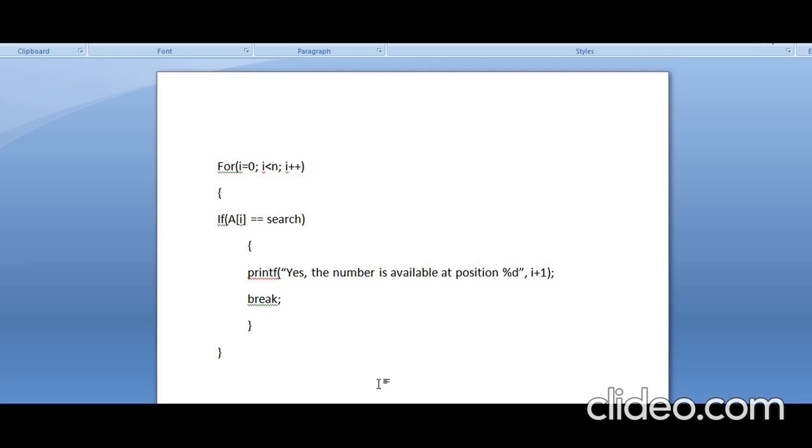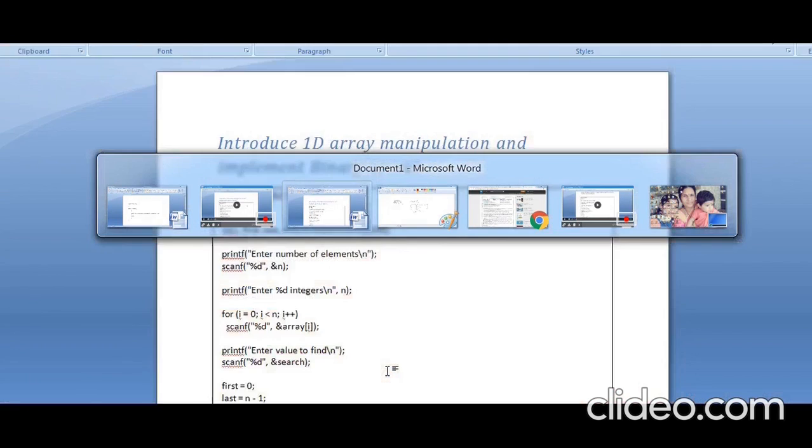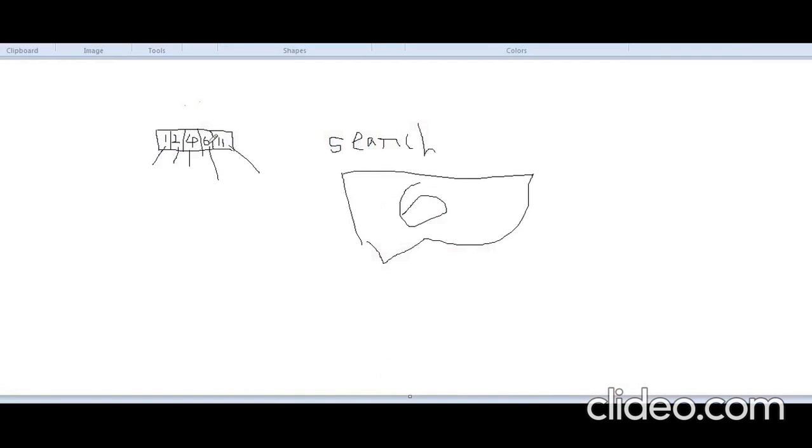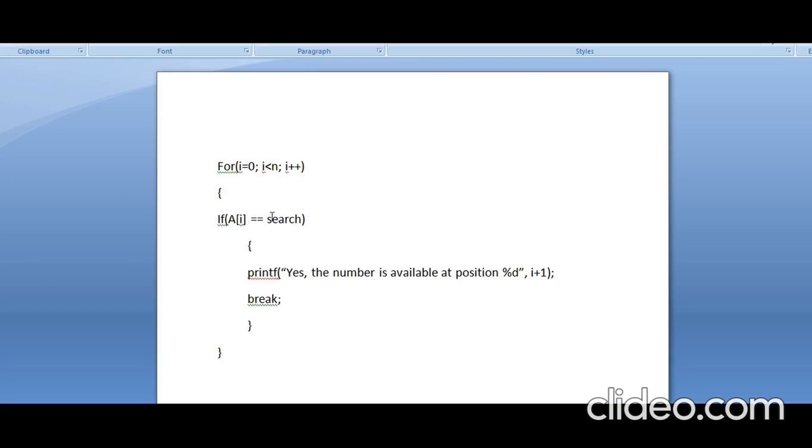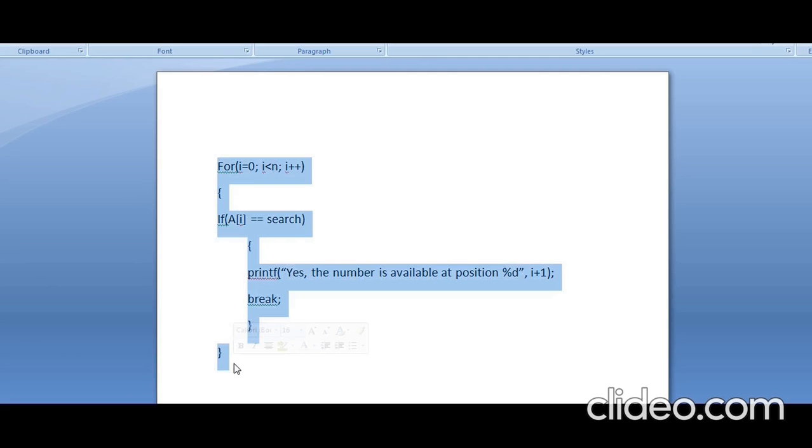And here, once we find the number, do I need to check further? Let me take you back to the previous program where we have discussed. Here I was searching for 6, and I have found the 6 successfully. Now do I need to compare further whether it is 6? Definitely not. Because once I got the 6, I can directly say okay, 6 is available. No need to compare with the further numbers. So simply I am applying the break statement. This is the logic of linear search. It is not the binary search.